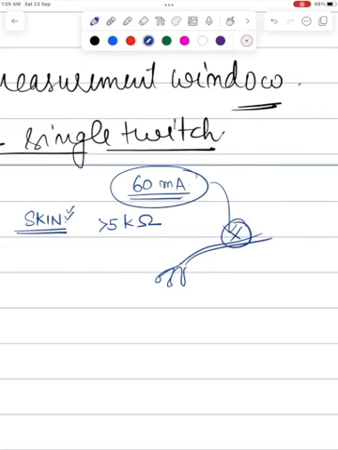And therefore, you will not get the response. Therefore, for a maximum stimulation of 60 milliamperes, the maximum resistance of the skin should be 5 kilo ohms or lower than 5 kilo ohms. It should not be greater than 5 kilo ohms. If the resistance or impedance is more than 5 kilo ohms, then you might not get a response with 60